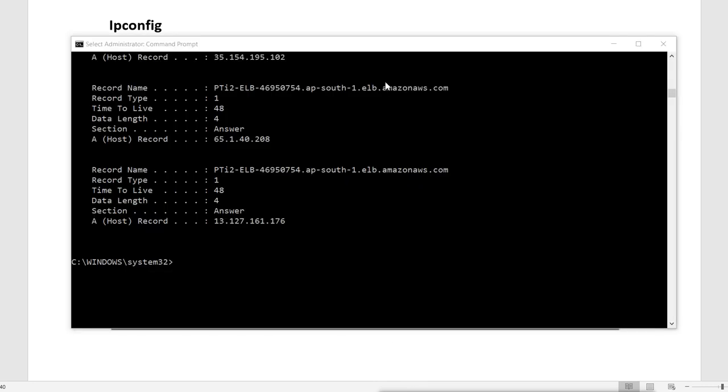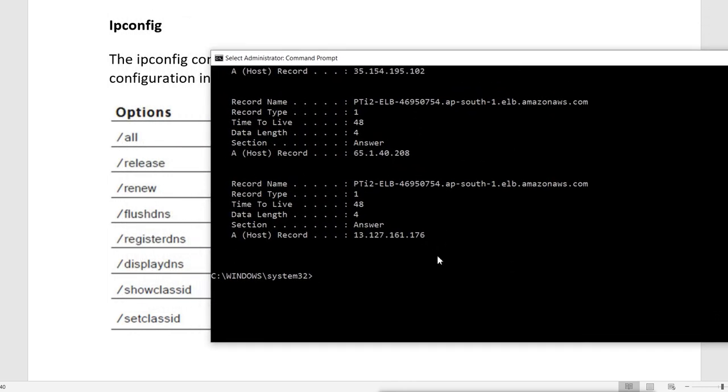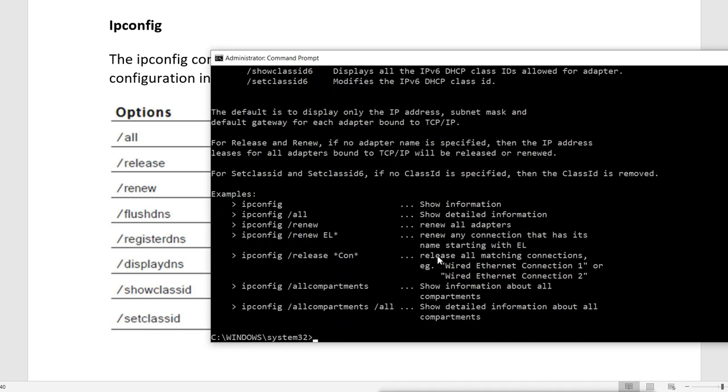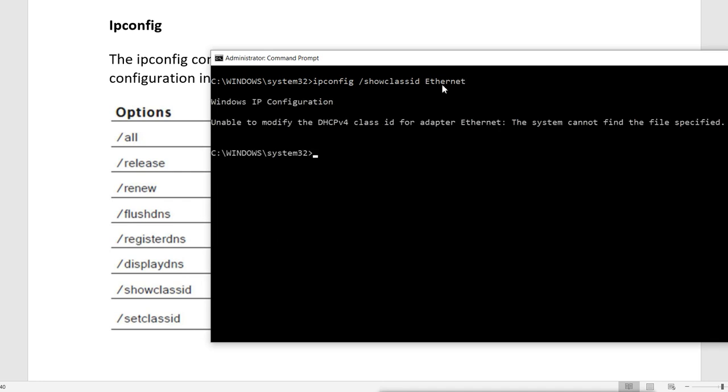That means we can say ipconfig /showclassid, and it shows all the class IDs. So for class ID you have to run ipconfig /showclassid and then the adapter name. Whatever adapter name you have, you give it here. So it will show the configuration.